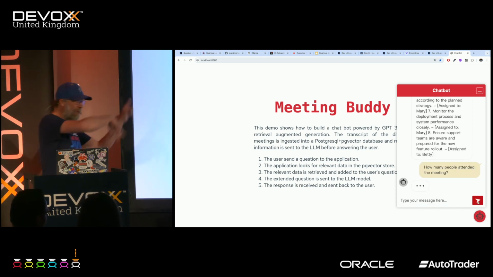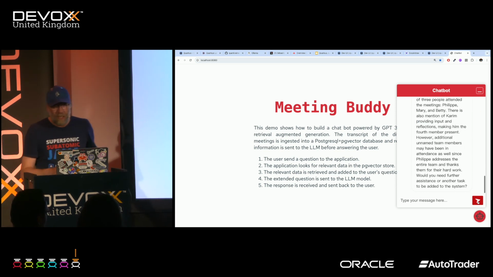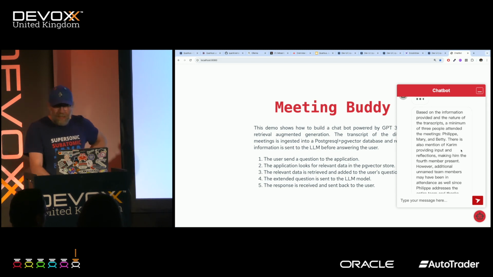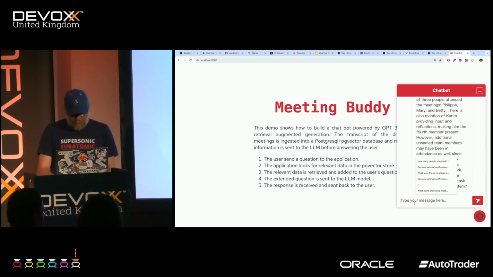So now he's retrieving chunks from my database. He sends that to the LLM, and he says, based on the information provided, 3 people attended the meeting: Philip, Mary, and Betty. There's also mention of Karim providing input and a reflection. Okay, he's a bit hallucinating, but I can see what